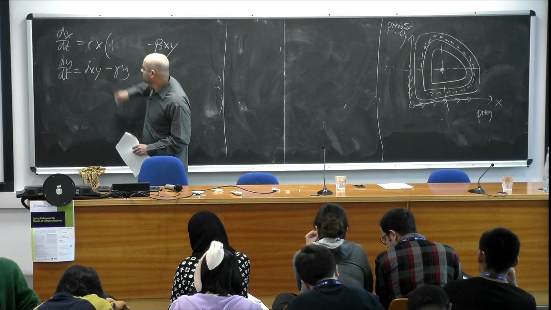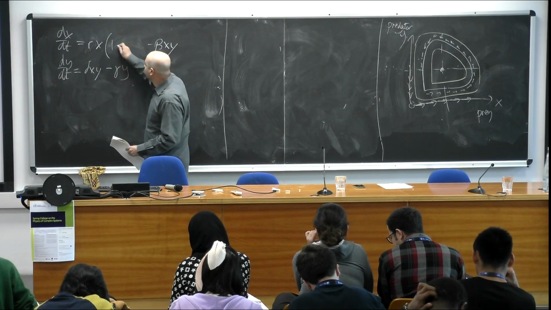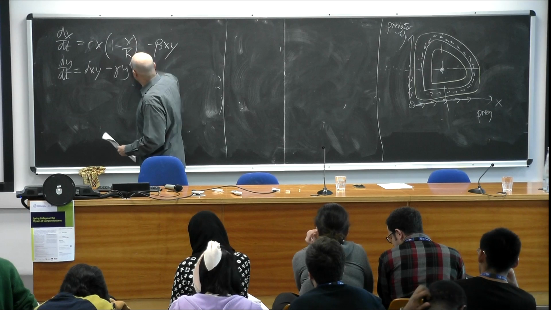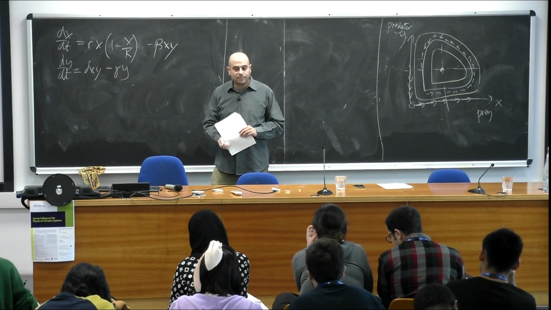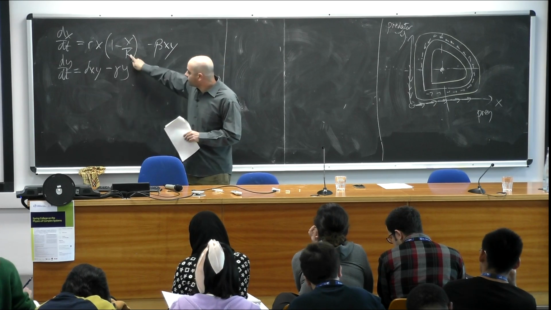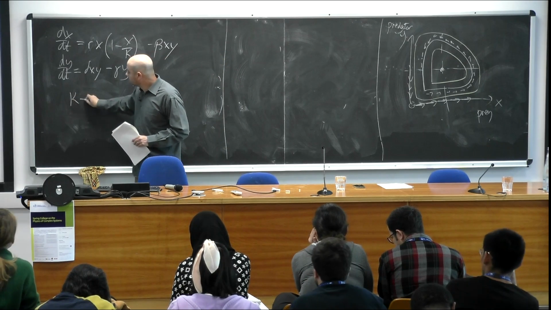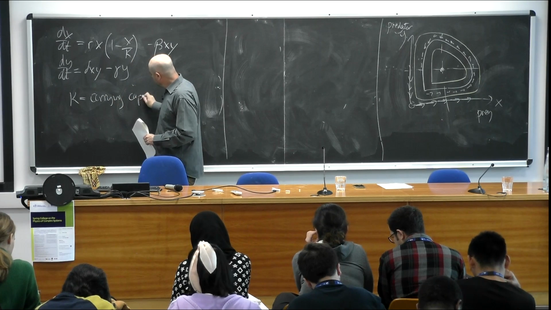The 1 does nothing. But then we have this term, which is the logistic growth term. So we've added one more term to the equation, and now K is the carrying capacity